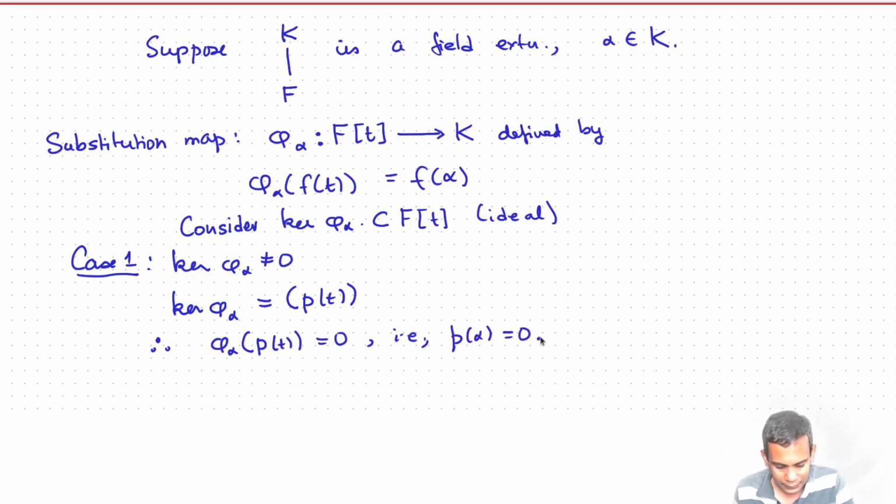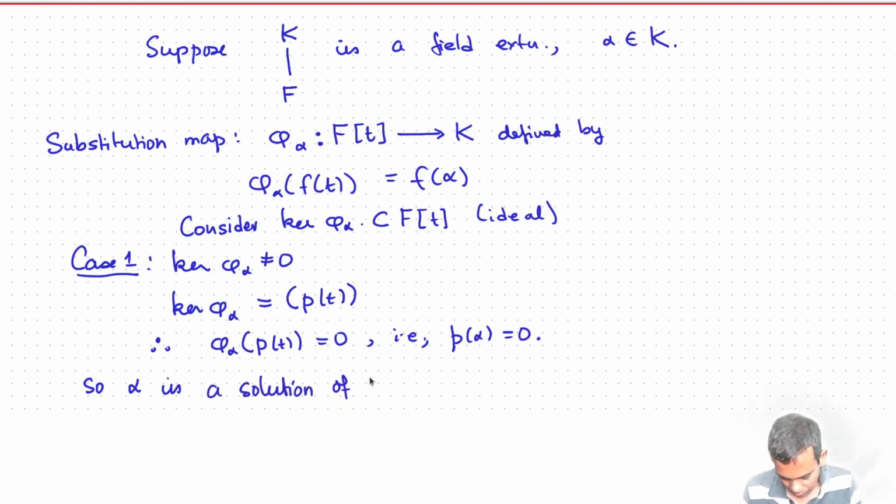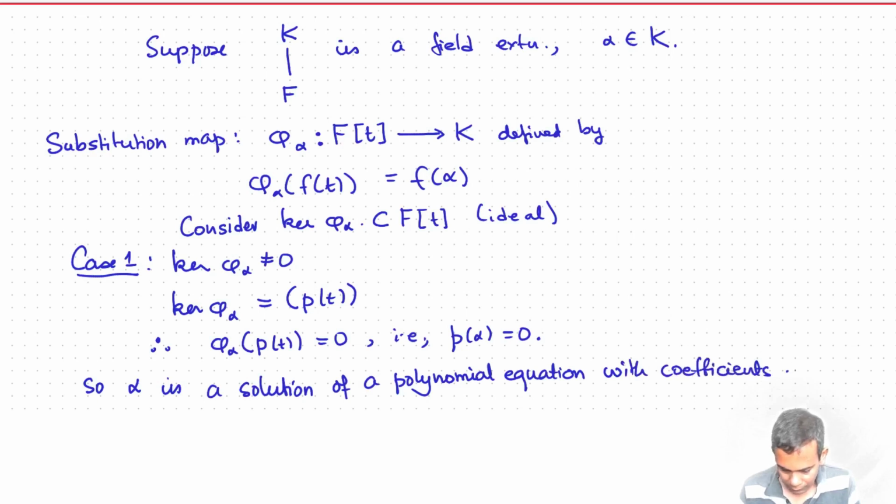So what this means is that alpha is a solution to a polynomial equation where the polynomial has coefficients in F. So alpha is a solution of a polynomial equation with coefficients in F. Okay, in this situation we say that